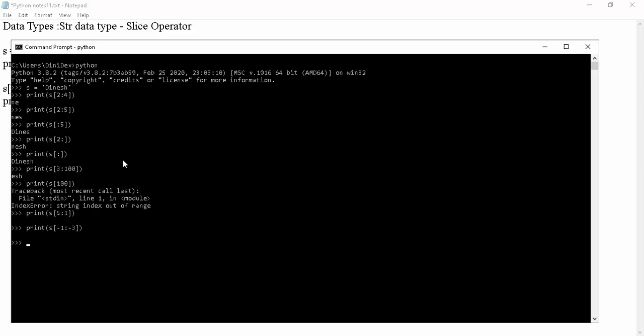These are the basic ideas of the slice operator. It is not a complete discussion of the slice operator. We need to spend a minimum of 1 hour on the slice operator. While explaining the string operator, I will explain it clearly. If you have any doubt, please wait until we complete the string operator.